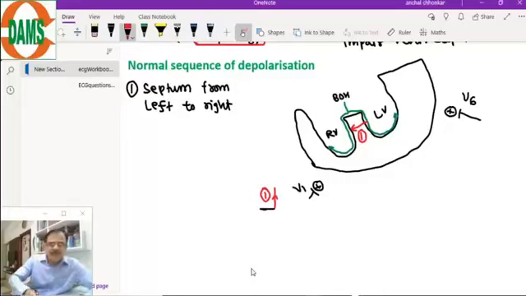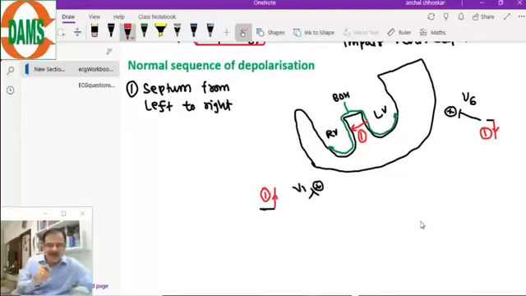And the same event in V6, let's see how it will be seen. Needle will be at the baseline, and whenever this event takes place, the needle will go in a downward direction. Number one, it will go downward.